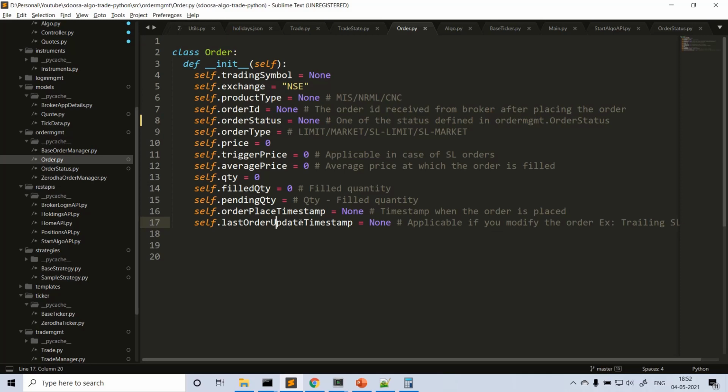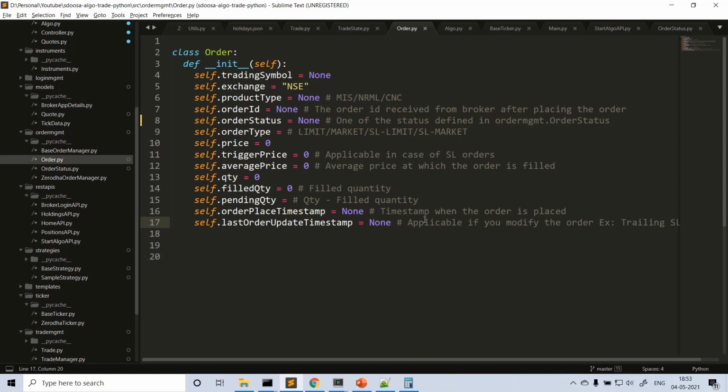So there are some cases where you use, okay, if this was updated in the last few minutes, I'm not going to update it again, even if the logic is satisfied or for whatever reasons. Again, there are some certain limits from the broker to update an order. I think Zerodha supports only 30 times. You can update any order only 30 times in a day. If you go beyond that, then it won't work. So ideally you can trail the SL 30 times.